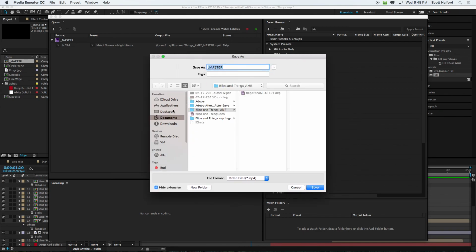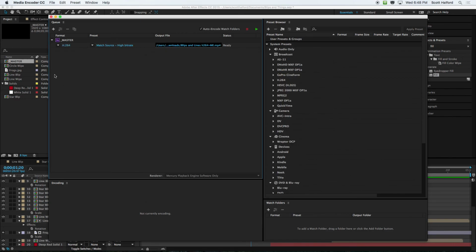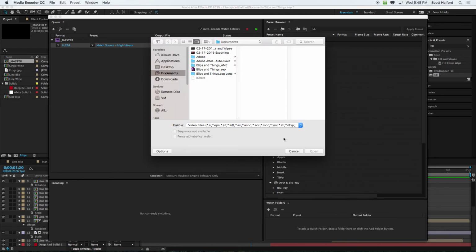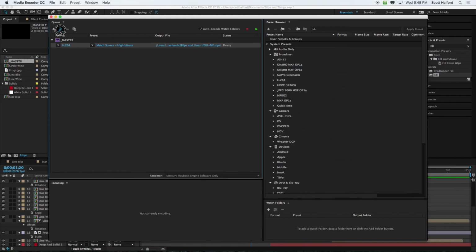Because it's going to look good, I am going to do the save as, put this in the downloads, and do blips and lines H.264, and I'm going to do ME for Media Encoder. Click Save. Now, just like before, we can go in here, and with this highlighted, we can add, oh, wrong one. We can add a different version to the queue. So if I click on this setting,